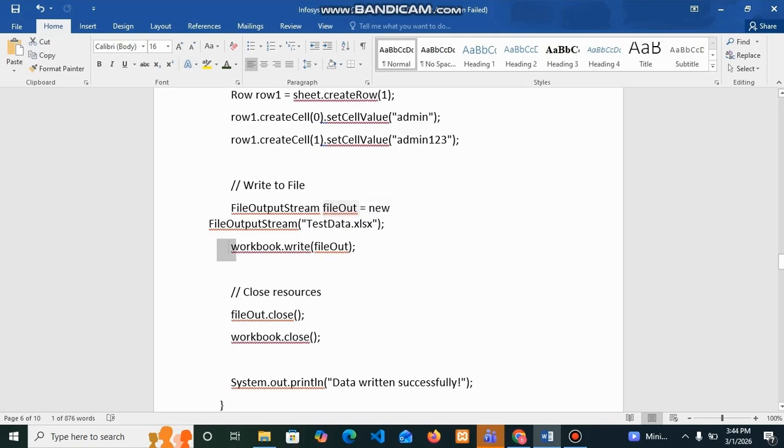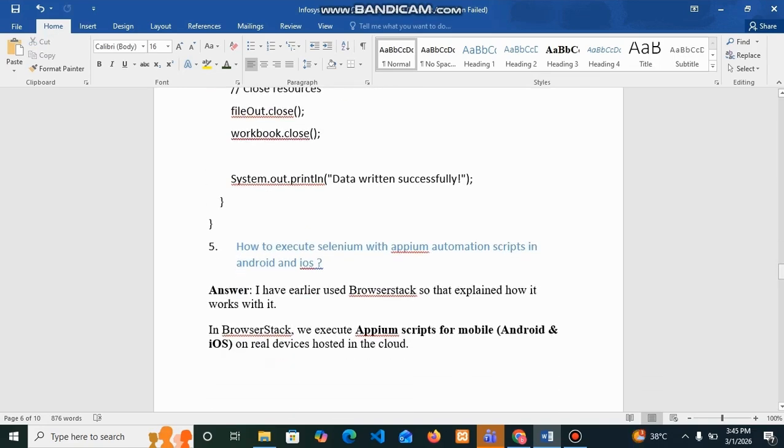We are writing our workbook to this testdata.xls with the statement workbook.write, and we are going to close the file and we are going to close the workbook. This will be useful to write the data in an Excel sheet.